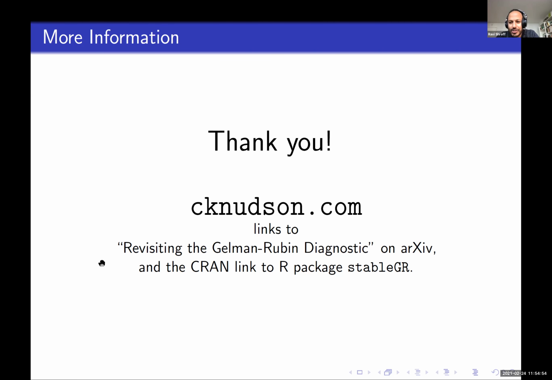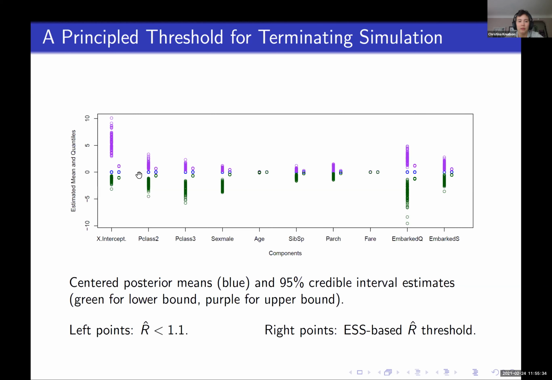I guess I have another question. If nobody else has them, I'm going to jump in. I'm curious about computational cost and if that plays a role. In your Titanic simulations, to what extent does one really have to think about the computational cost of using these lower thresholds? In practice, do you find the differences negligible, or is that a concern that makes sense to think about as well? I think that is a concern because,